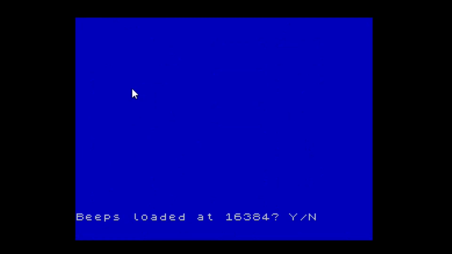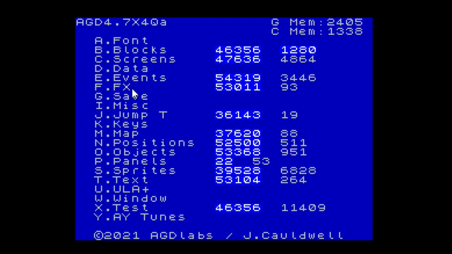It's a very simplistic editor, and you just have to load the data in and it will process it. And I might look at that, show a video on that in the future, but basically what you do is you create the beep effects in Shiru's beep effects editor, and then you load them in, and then you can call them as normal sounds, and again, if we look in the game itself,